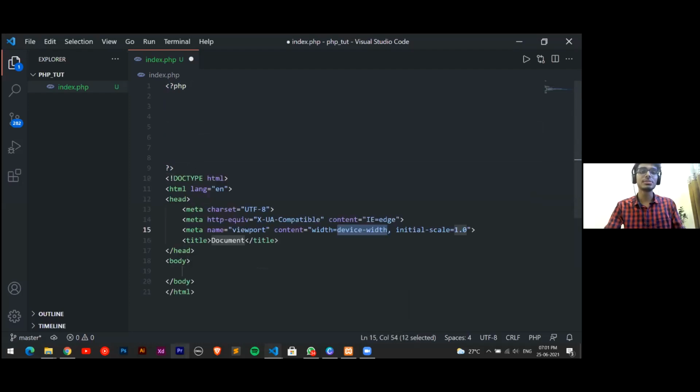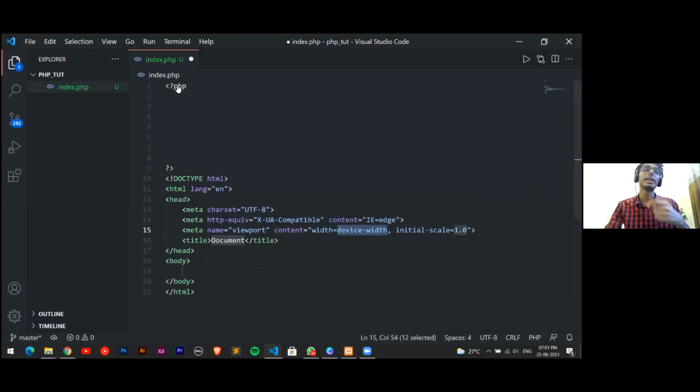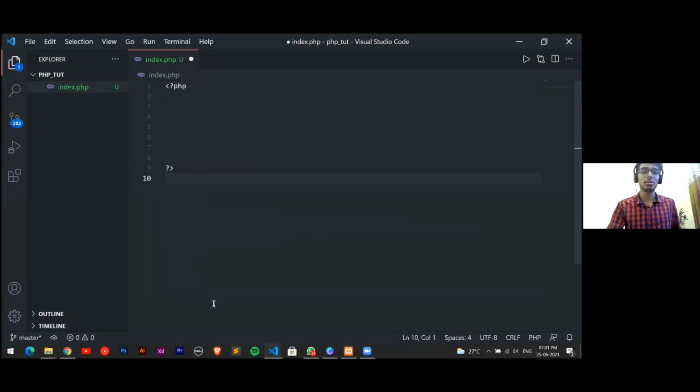So this is the structure for any PHP file which we use, so that we can run our PHP and HTML both in one file. The thing is, to run PHP we need to have this open and close tag. Currently I don't need this, so I'll just click away.